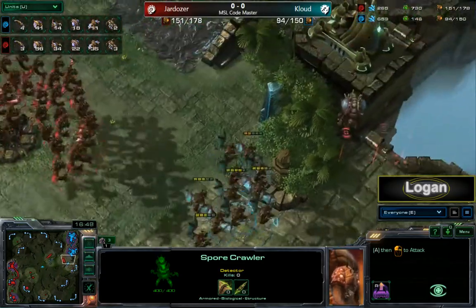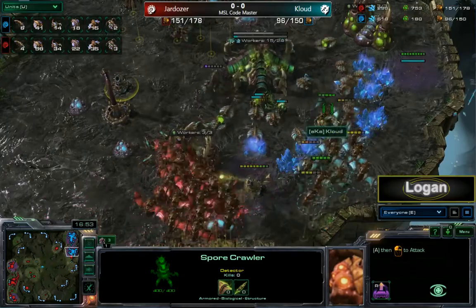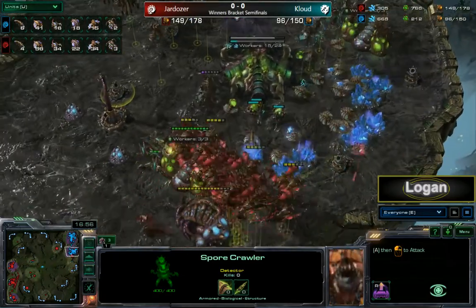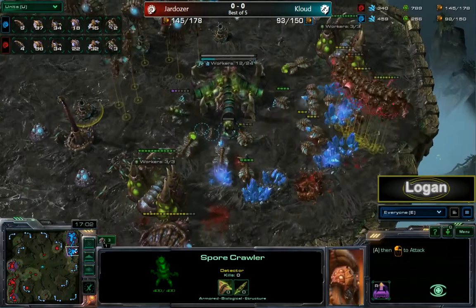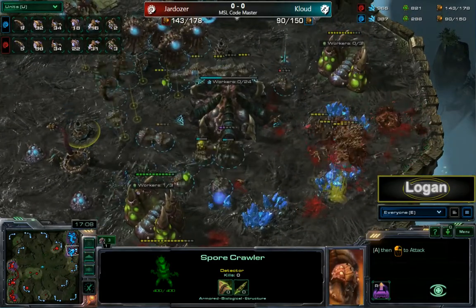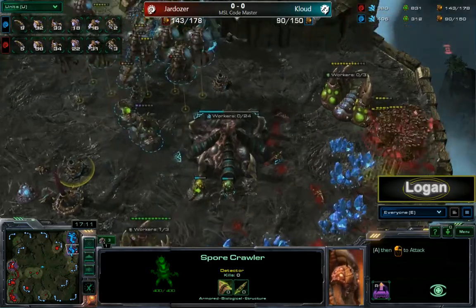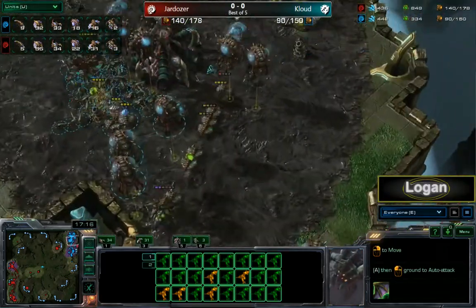Unless Kloud does something absolutely insane, I don't see him being able to come back into this very easily. There are 2 more Spore Crawlers finishing up. They're going to get some decent damage here with some Queens, but I don't think Jardozer is going to worry about that at all. It did buy him a little bit more time for mining, but at this point in time, there's this huge murder of Mutas, and how in the world is he going to be able to